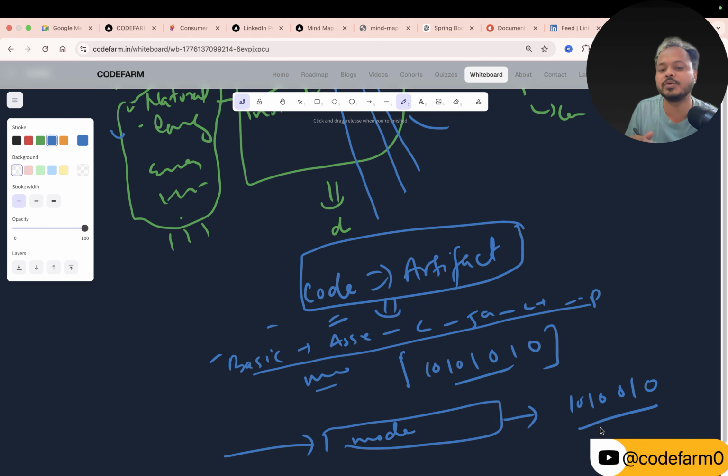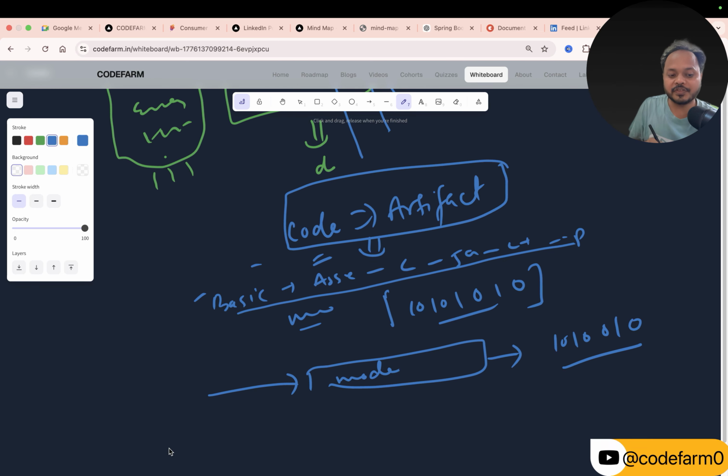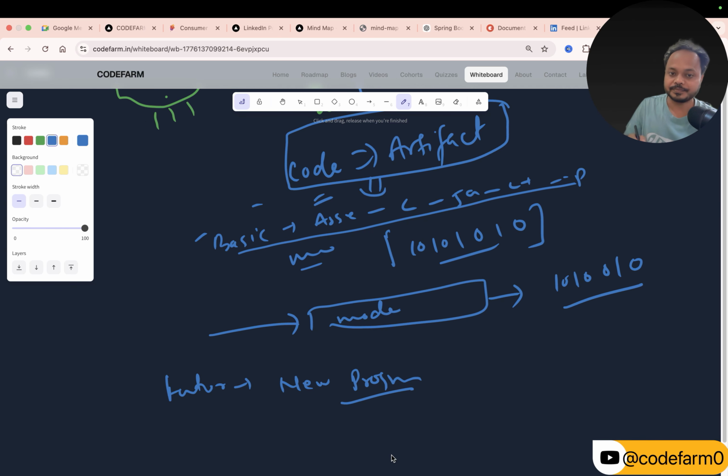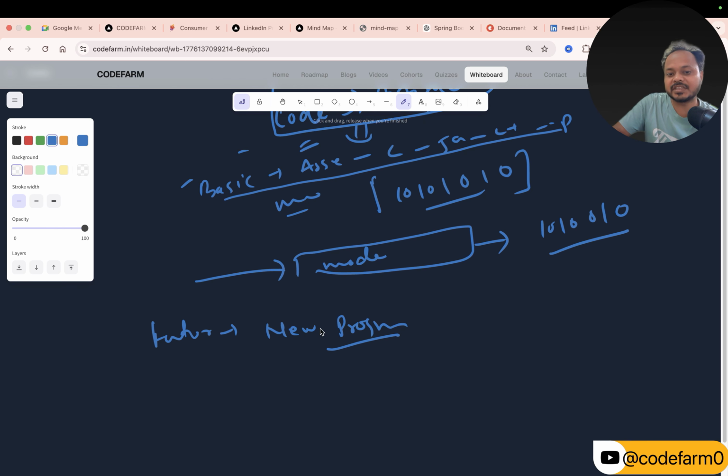So why can't we do that? What is the future of the new programming languages that have been developing or are coming into the picture? Should they continue? Is there any sense in those programming languages coming into the picture, or is it just an abstraction?